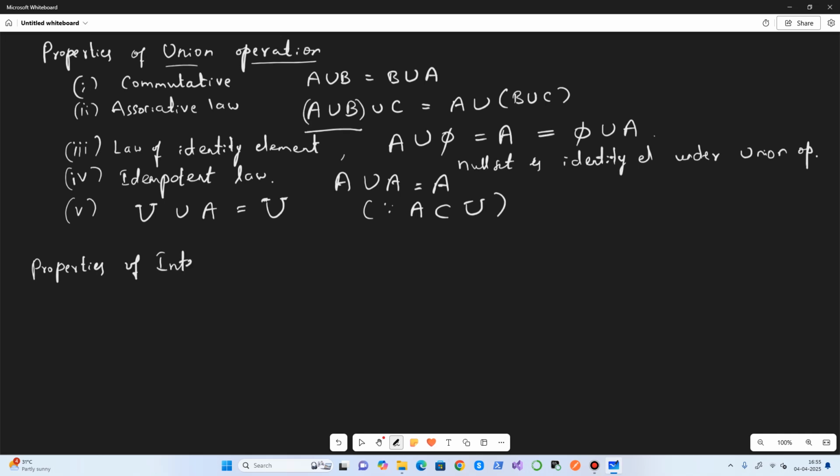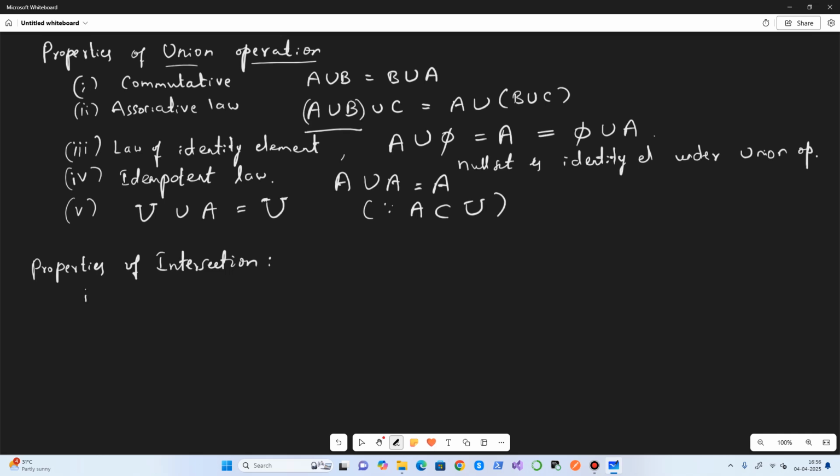Next we will understand the properties of the intersection operation.